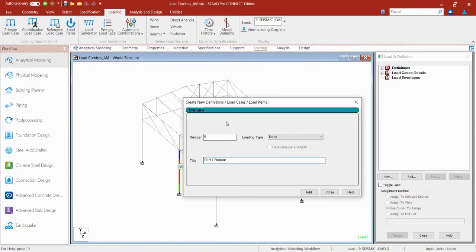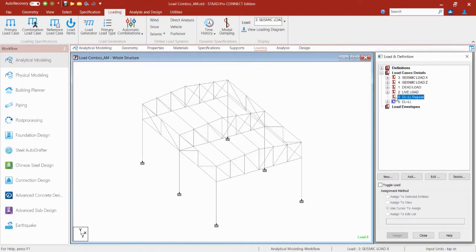Now, this is already a combination case, so I'm going to set the loading type to none, but we're going to return to this loading type in a few moments. But for now, I'm going to put none here. Go ahead and click the add button and then click close. And you can see here, I know that this is eventually going to be a repeat load case because it has the red L in